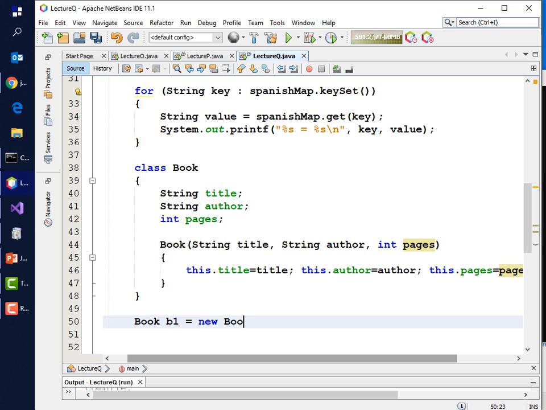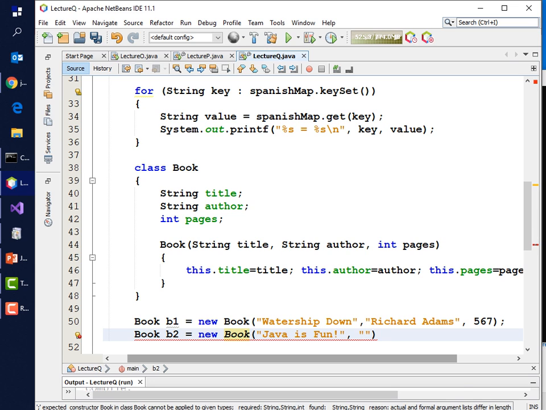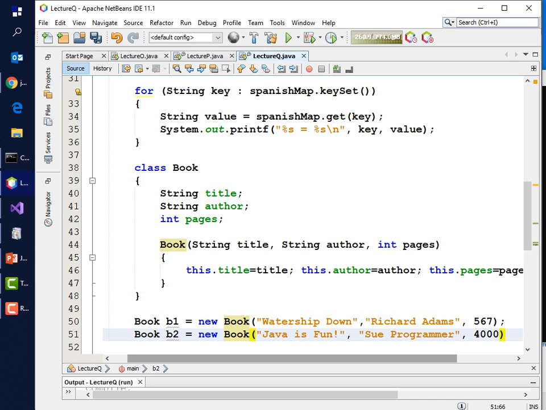Book B1 equals new Book, "Watership Down", by Richard Adams, and it's 567 pages long. Book B2 equals a new Book, "Java is Fun", written by Sue Programmer, and it's 400 pages long, or 4,000, it's a big book. And then Book B3 equals new Book,